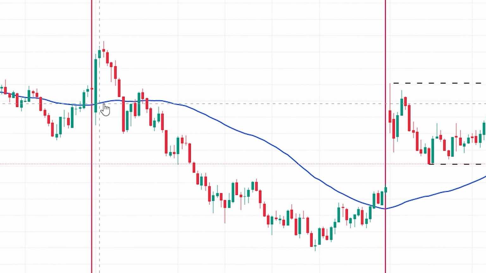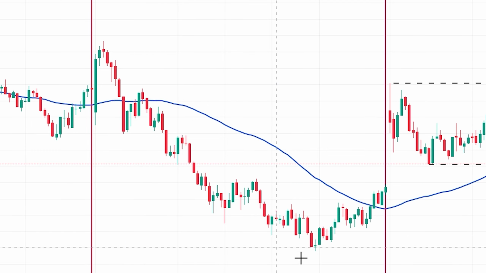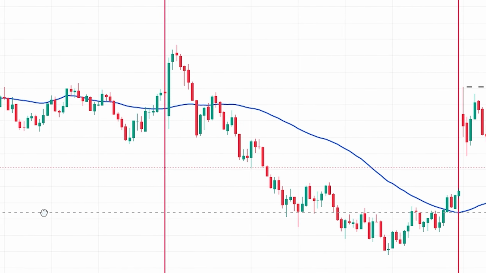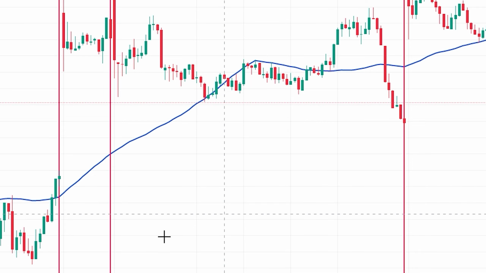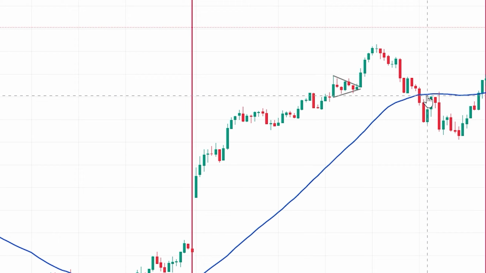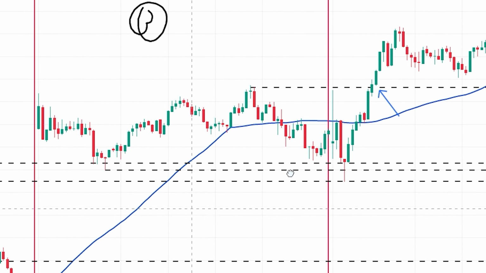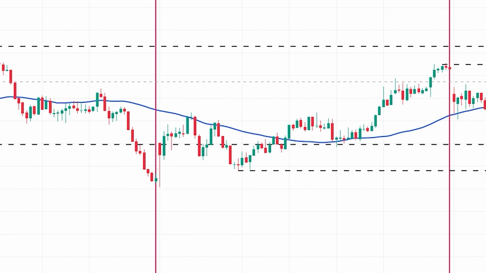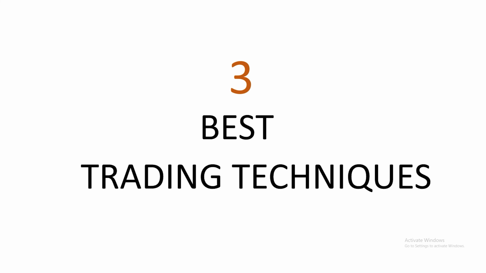See here, when it crosses the 50 SMA, the fall was severe. The fall will be very severe. See here, it crosses the 50 SMA, the fall will be very severe. It mostly occurs on the downside rather than upside. See here, when it crosses the 50 SMA, it falls. It is very powerful on the downside rather than upside. See here, when it falls downside very severely. So these are the 3 best trading techniques that I mostly use in my trading days, and